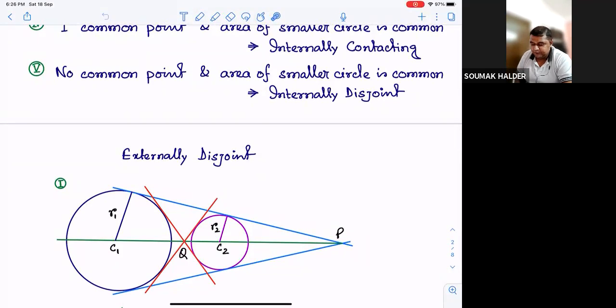In that case, the first thing we can identify, the distance between the centers is something more than the sum of the radii. Even if we add the radii, still there is a gap of this much distance. So the first information we can extract, the distance of the centers must be more than the sum of the radii. And as the diagram suggests, you can identify these two circles will have four common tangents. The blue ones drawn are direct common tangents, and the red ones drawn are the transverse common tangents.